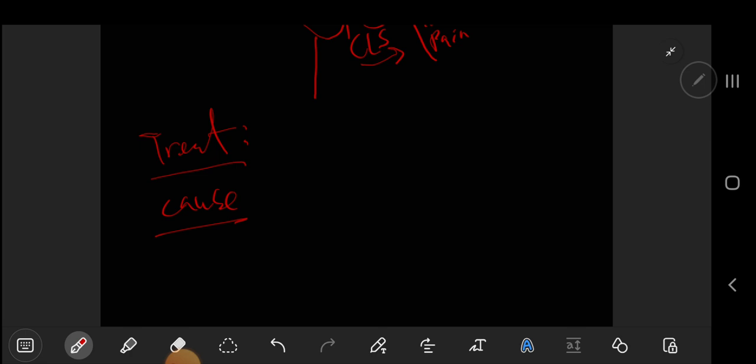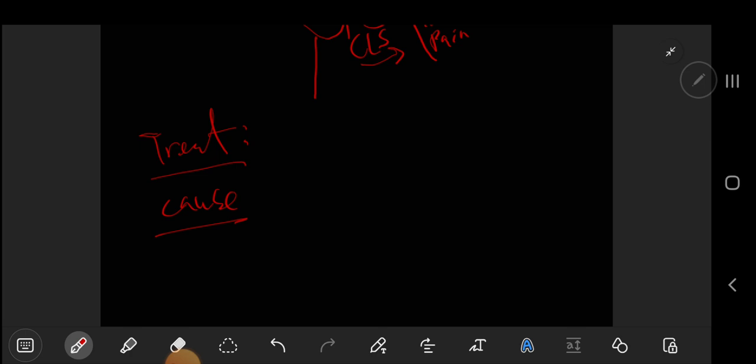And if you know the cause, you know the treatment. Again, surgery for trauma, antibiotics for infection, for multiple sclerosis, give steroids or immunosuppression or whatever you want to give for multiple sclerosis. So the treatment is based on the cause, but the syndrome is this constellation of symptoms